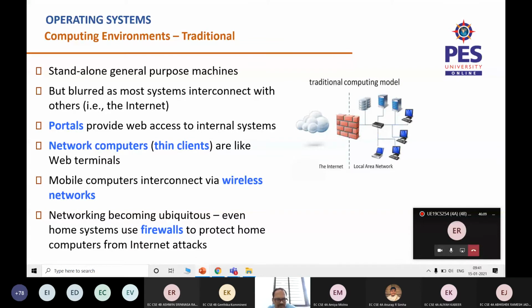computer. So basically these were the ones which used to access the internet and perform some kind of normal day-to-day activity, and in some cases these systems are basically connected using local area wired networks so that they can share the data with each other, and they also have a connection to the internet with the help of a firewall which is basically going to protect and monitor what is going out and what is coming into this particular network, right? So this is our very traditional computing model.